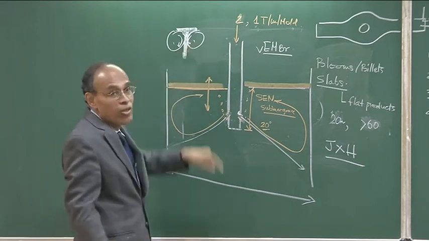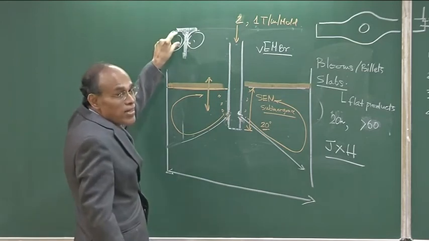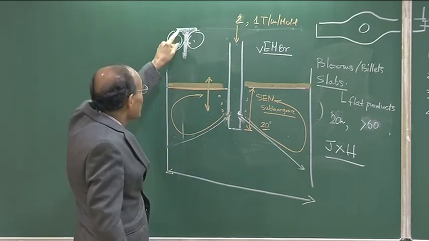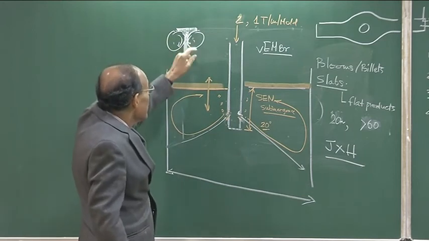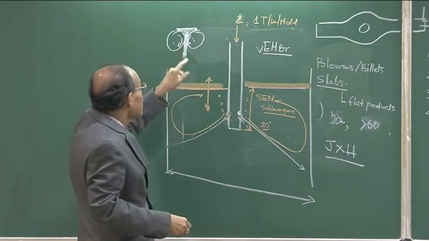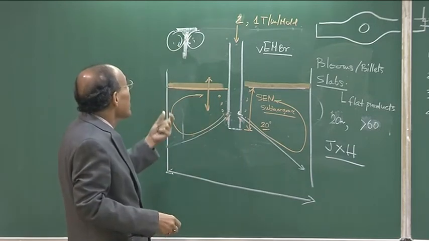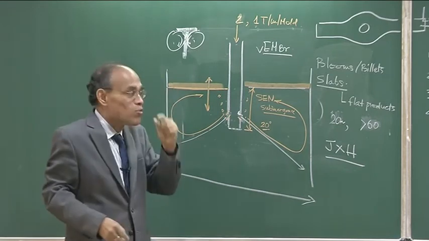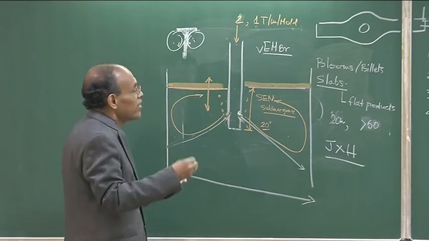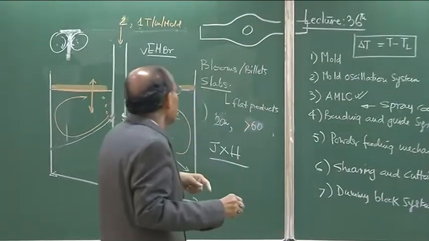Inside the roll, the engineering is at its best, and one can see the mechanisms which are in place to facilitate such a large rate of heat extraction, withdrawing the superheat and bringing it below the liquidus temperature, even for such a small contact time. But in a course like this, we do not have much time to discuss the details of